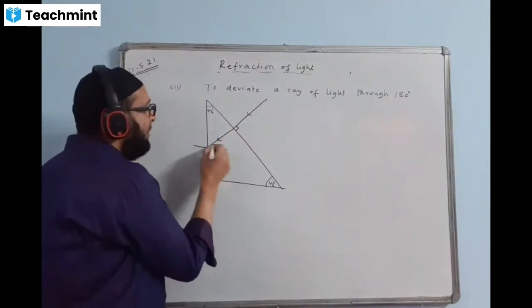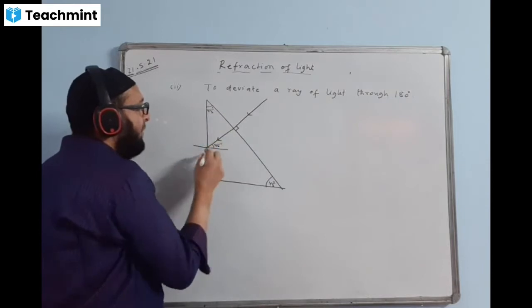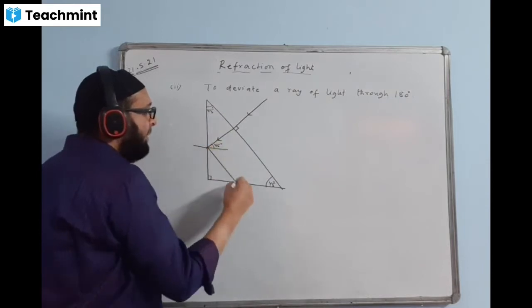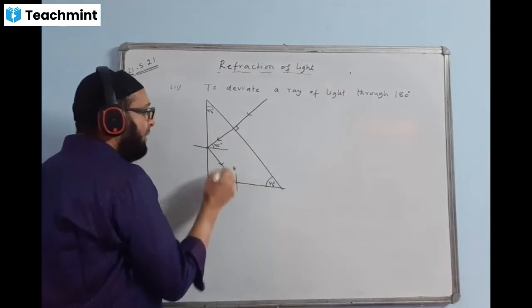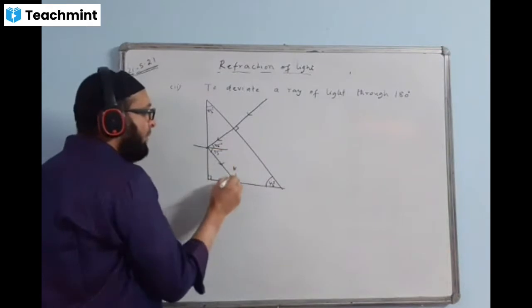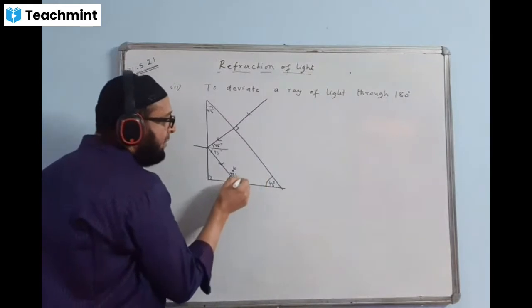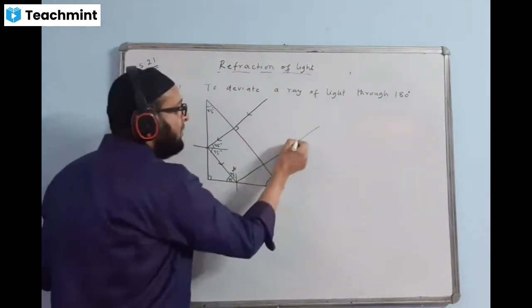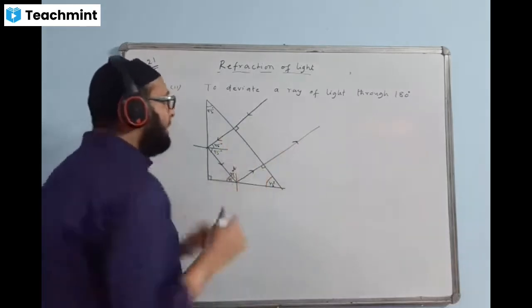Here I draw an angle. This angle will be the same as this angle, 45. So we write here 45. This ray will be turning here. Again normal. This is 45, so this angle will also be 45. This is also 45, 45. This will also be 45. This is 45, this is 45, 90. So here the angle is becoming 90. So the ray will be going like this, like the ray is returning back.